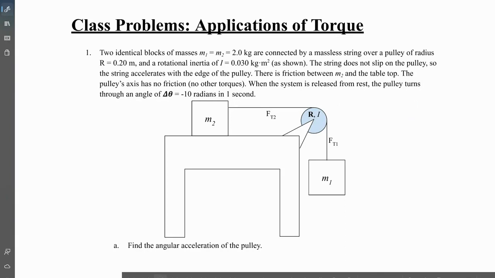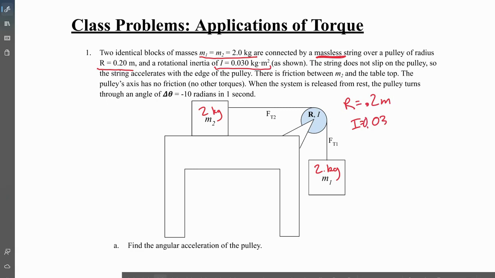Okay. 2 identical blocks, masses 2.0 kilograms, so 2 kilograms for both masses. They're connected by a massless string. The string still has no mass. That's helpful. They connect over a pulley of radius r is 0.2 meters, so r is 0.2 meters, with a rotational inertia I